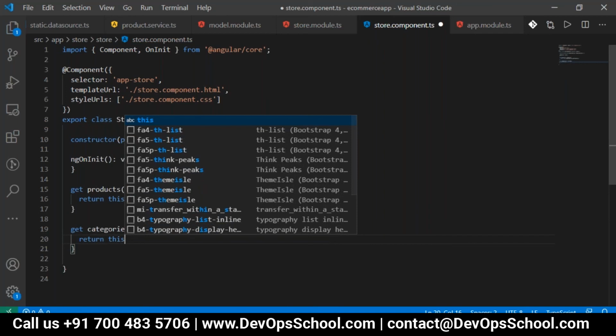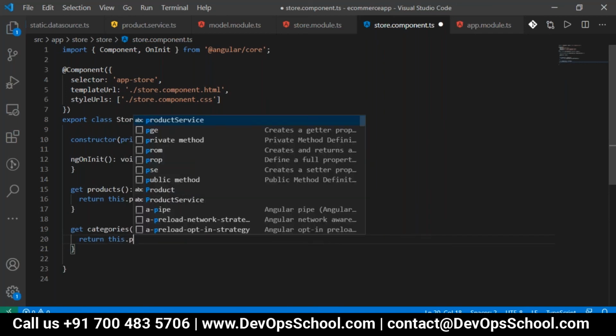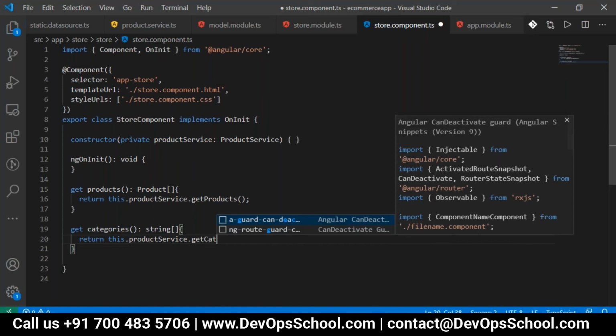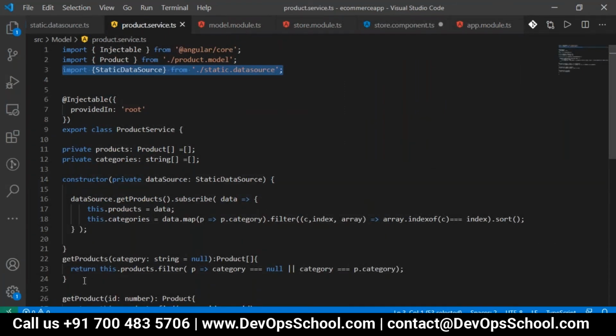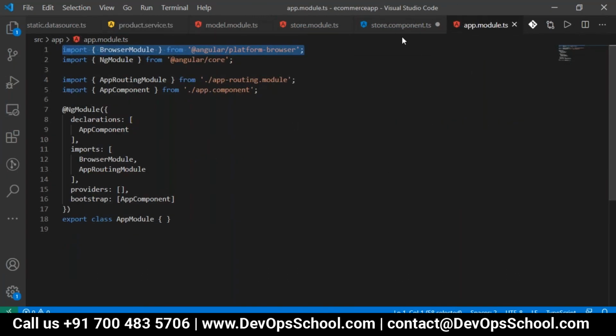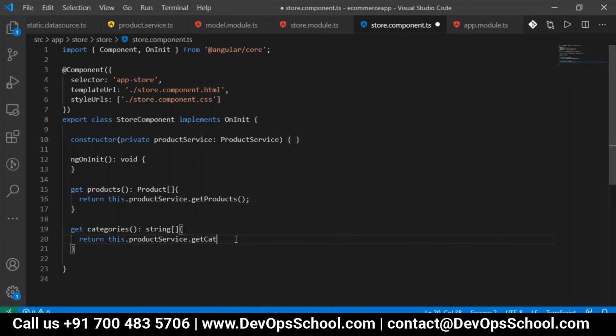Return this dot product service, and what is the method I have in products here? Get categories. So that get categories is what I'm using here.